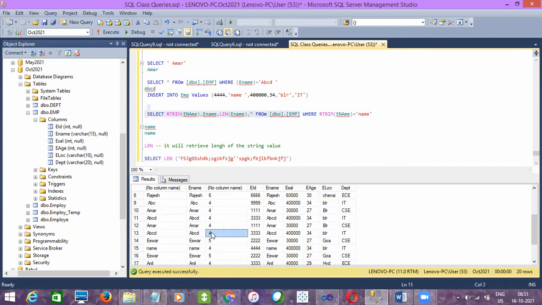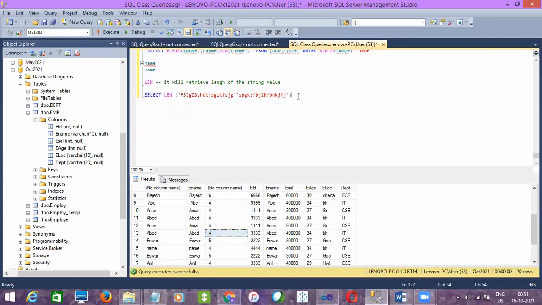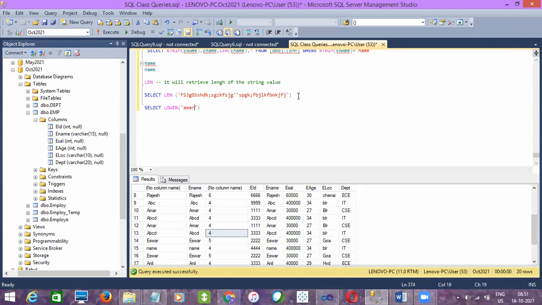That will calculate. Okay. And then there are a few more functions, which are lower and upper. Lower, in the sense, will convert uppercase values into lowercase values. Simple, right? Let's say I'm entering Amar in lowercase.